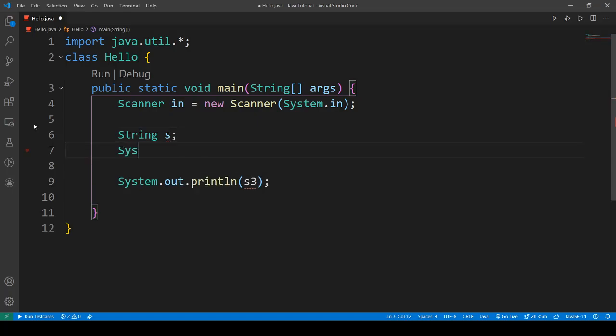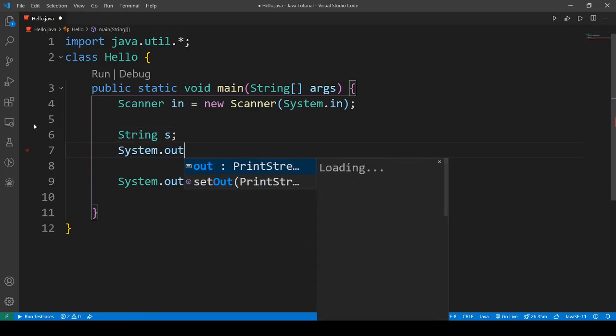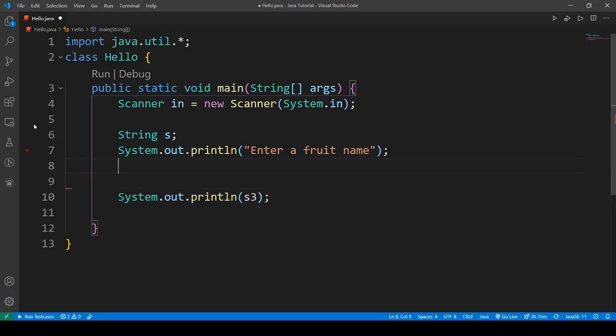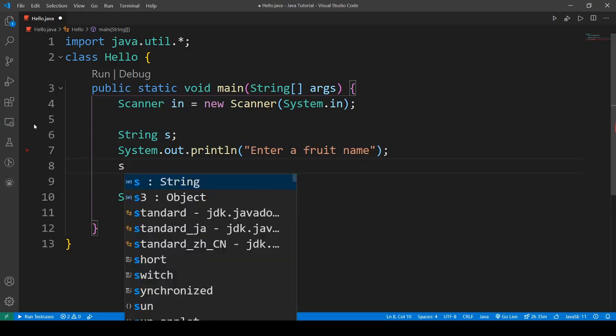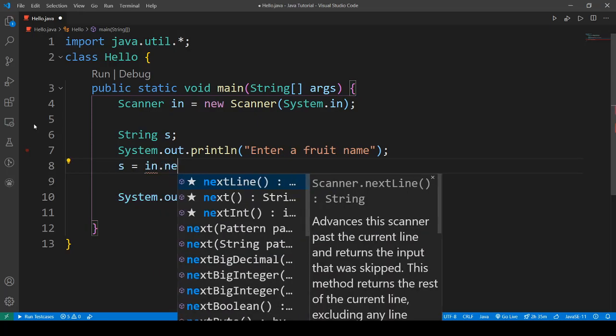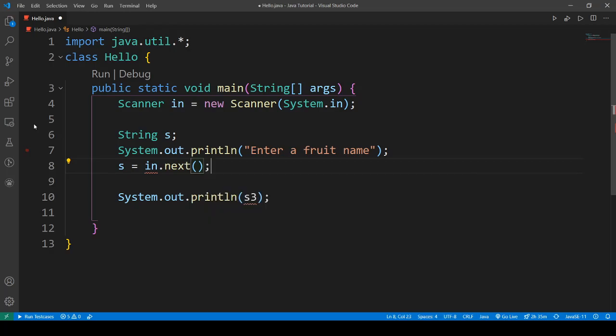I'll prompt the user to enter a fruit name, and then I'll take input inside the string s using in.next. We do it using in.next.